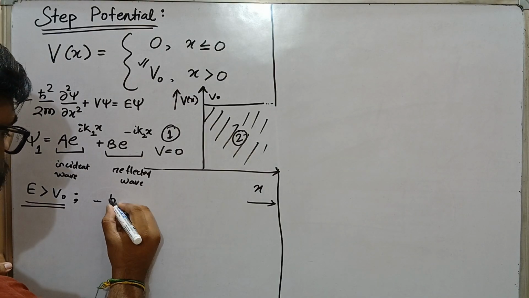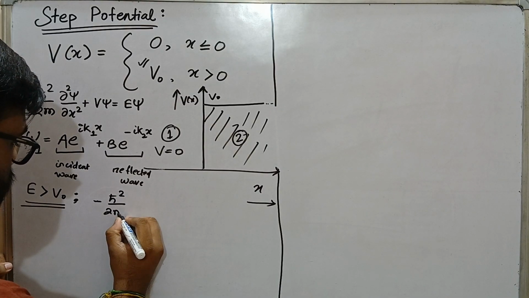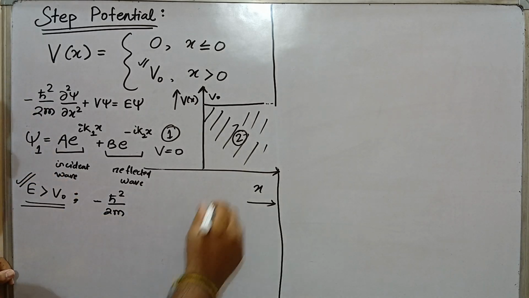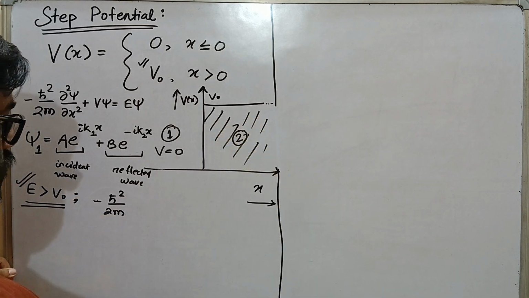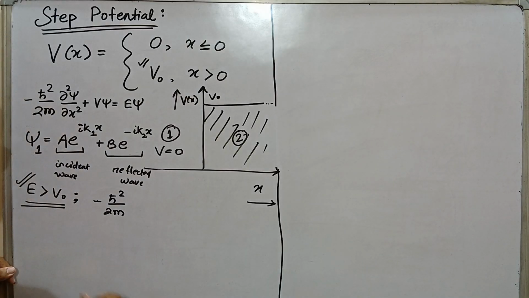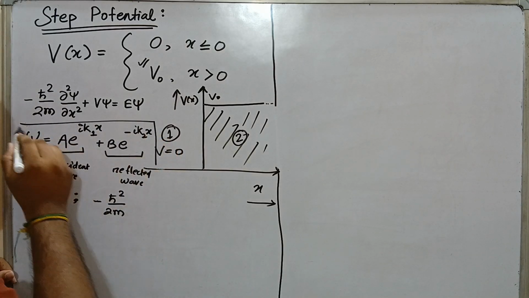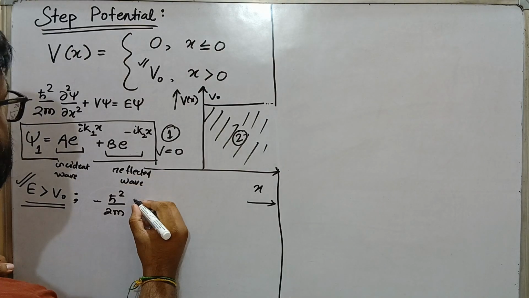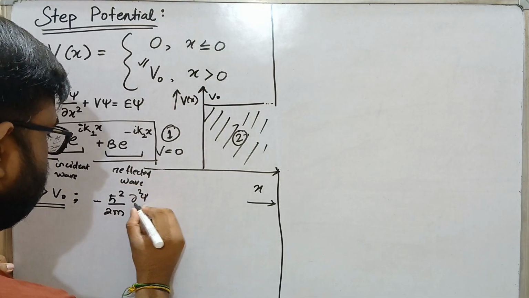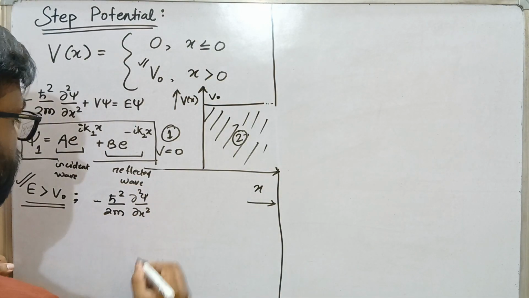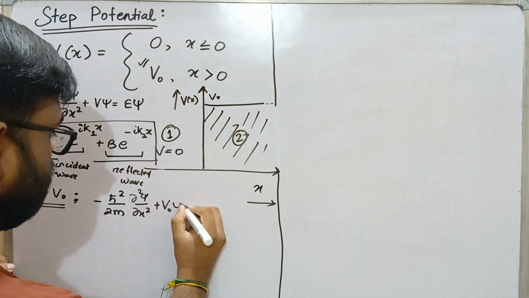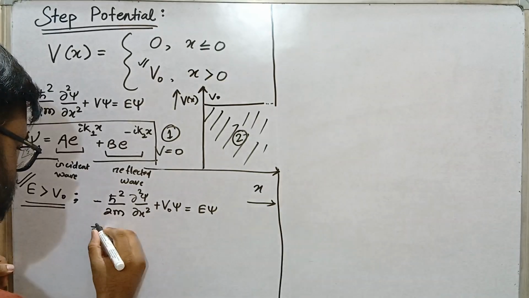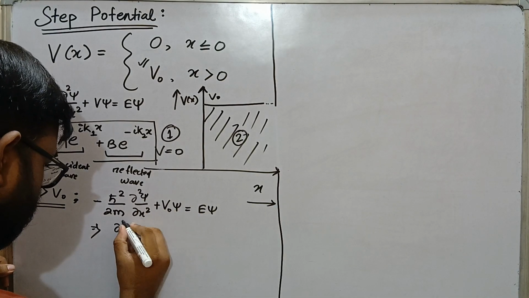We have to write the Schrodinger equation now for E greater than V0 inside the second region. This is the first region, it is fixed. In the second region, we'll calculate this way, plus V0 psi equal to E psi. Now this entire thing will become